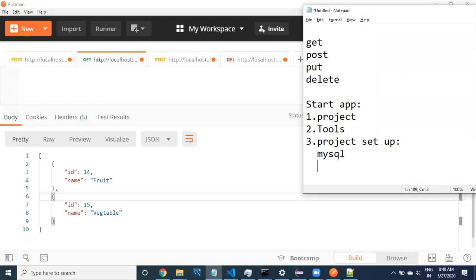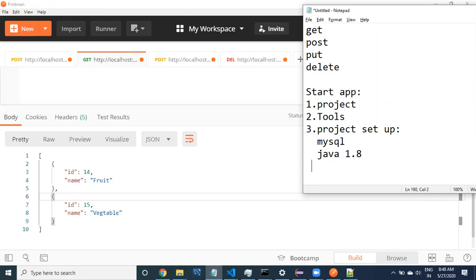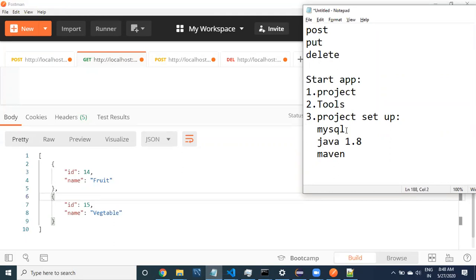MySQL is required, and then Java is required, Java 1.8. Next we need to have Maven. So these are the things required guys, that's it. If you install these things, then you can set up your project.